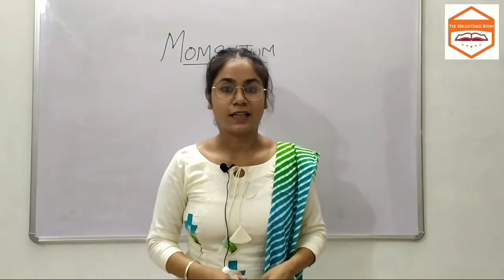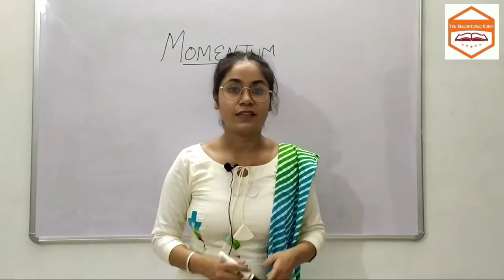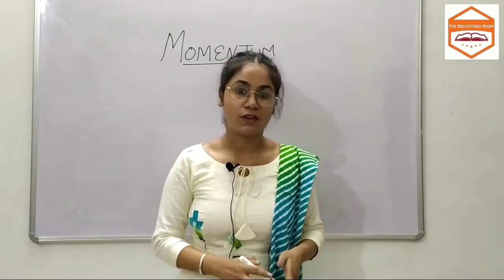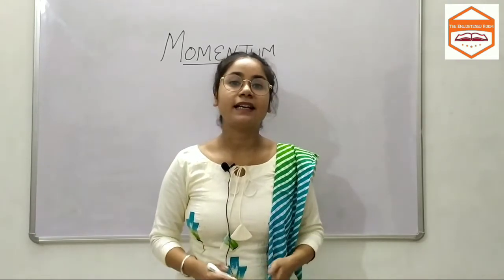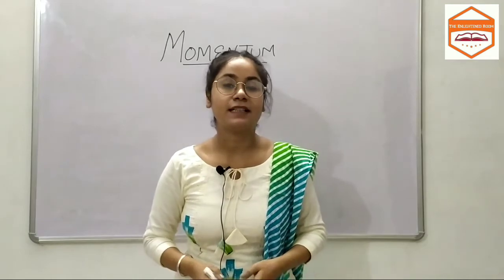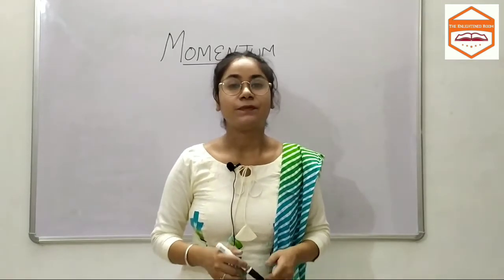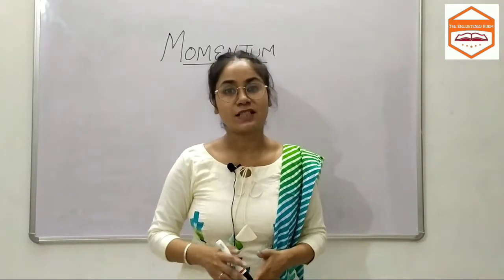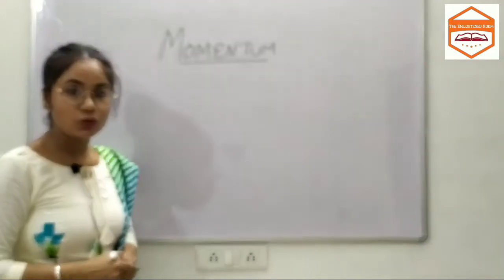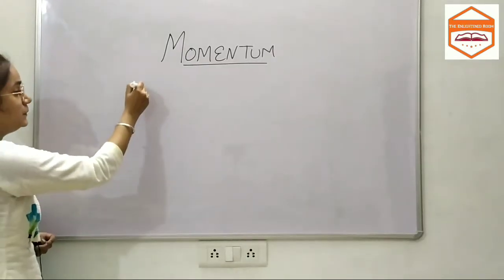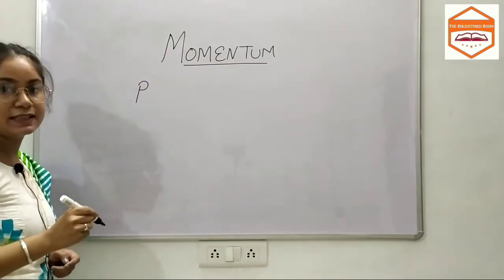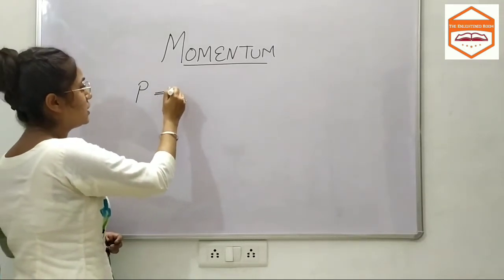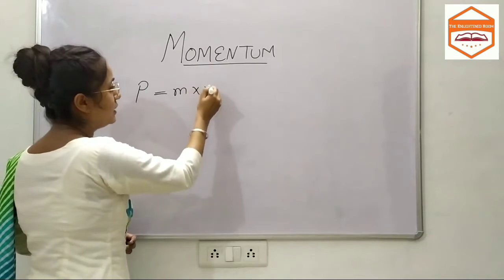Newton found out that momentum is the measure of the impact of moving objects, which depends upon its velocity and its mass. So clearly, if we want to mathematically define what momentum is, then it is the product of the mass of the moving object with its velocity. So we denote momentum with P here. This P is momentum, the product of mass with velocity